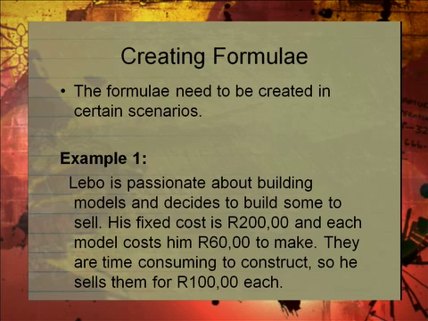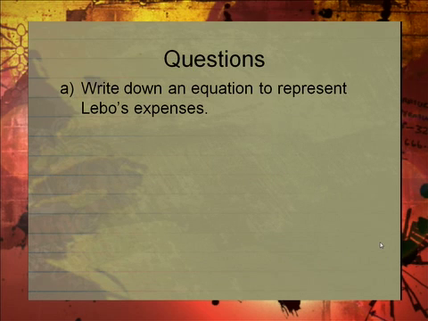Levo is passionate about building models and decides to build some to sell. His fixed cost is 200 Rand and each model costs him 60 Rand to make. They are time consuming to construct. So he sells them for 100 Rand each. How many figures here? We've got 200, we've got 60 Rand, we've got 100 Rand. We don't know what is expected of us, but looking at the question, write down an equation to represent